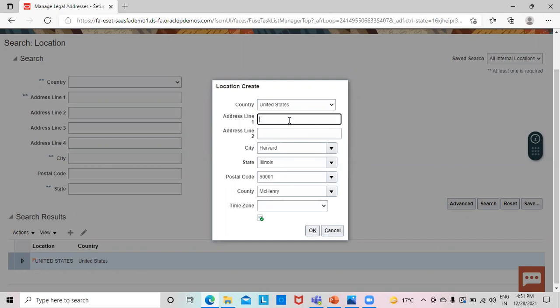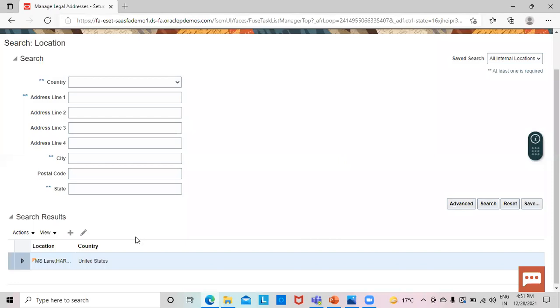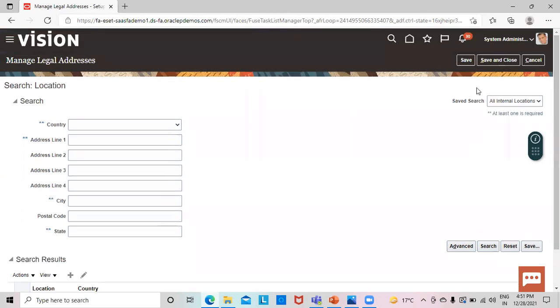However, if you want, we can write any address line. This is as per the client's details provided to us by the client. So this is our address which we have just now created. We can just save and close.